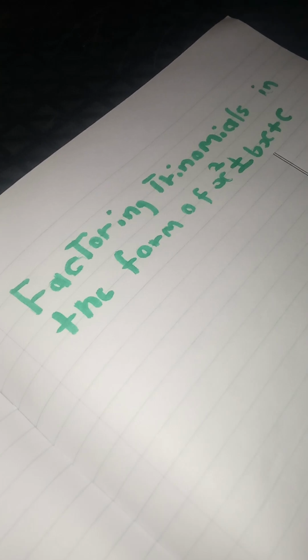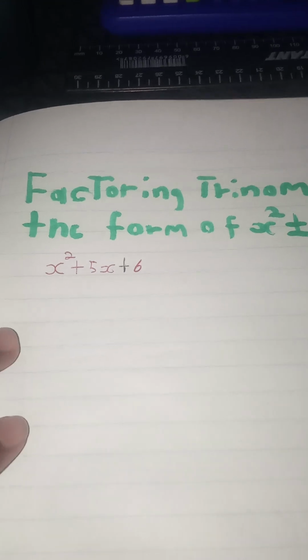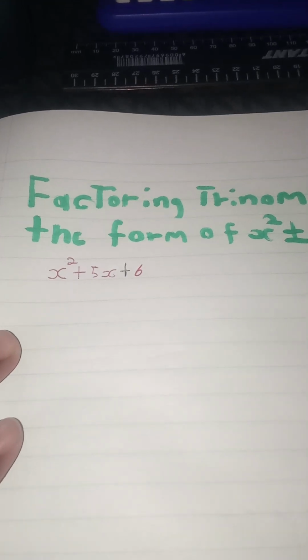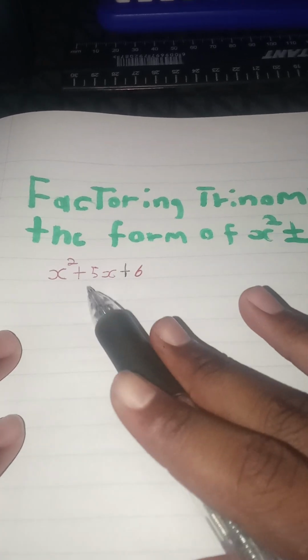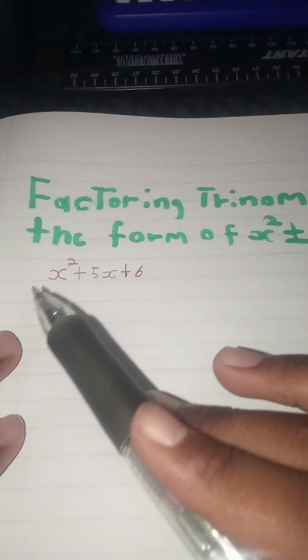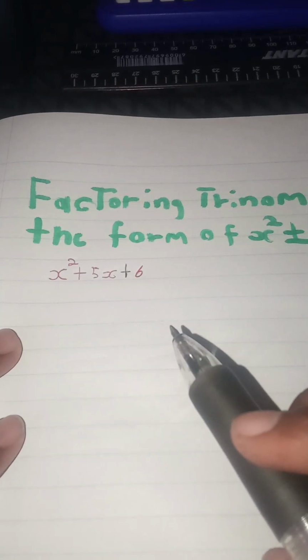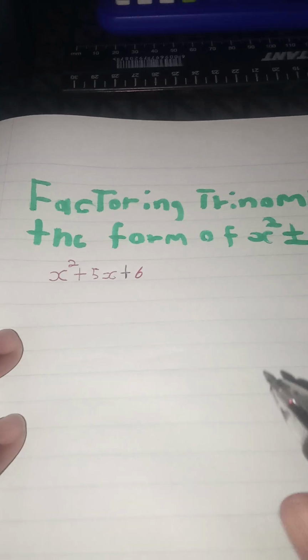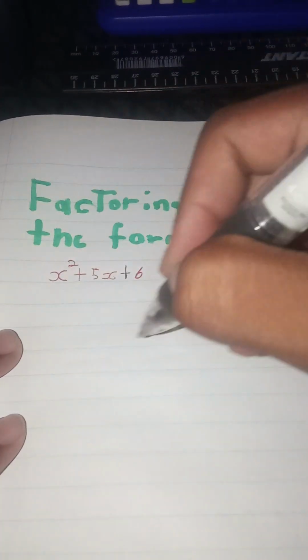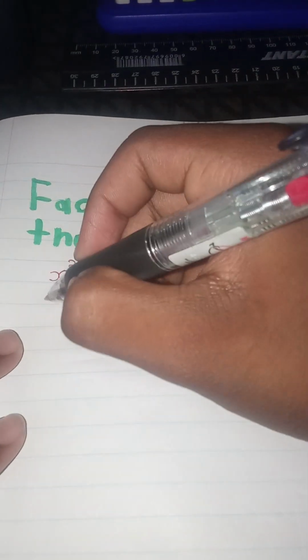Good day everyone. In this lesson we'll be learning how to factorize by factoring trinomials in the form of x squared plus or minus bx plus c. When given such an expression, you first look at the signs and what you have. You have a positive and a positive, and you have x squared. So what you need to get used to and know by heart is that when given such an expression, you have to first start with this